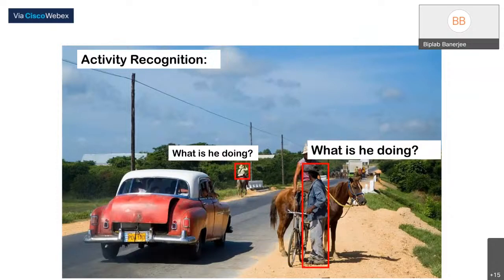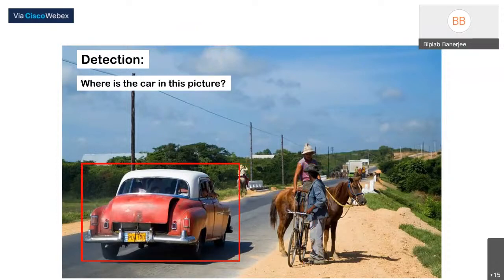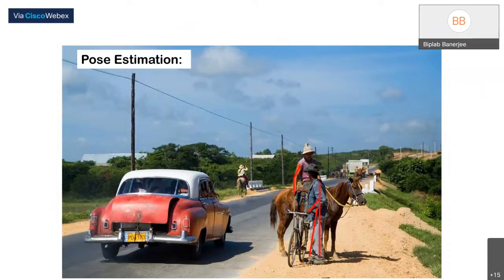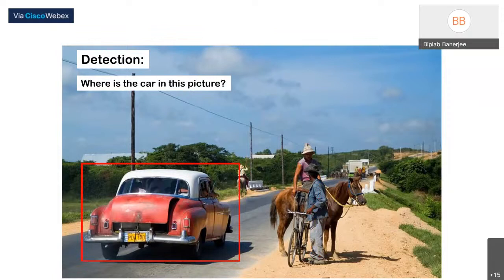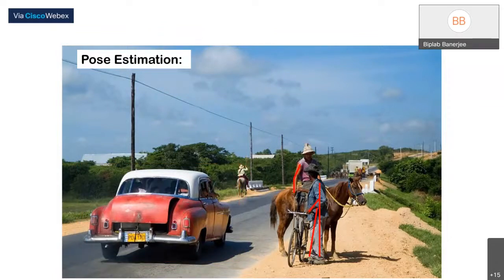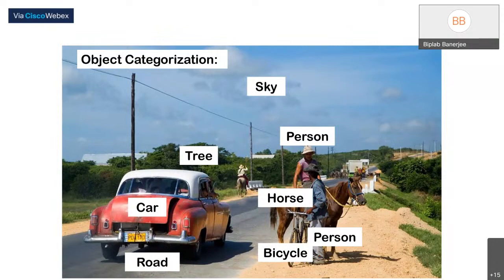For example, when we are doing detection or pose estimation, I know that I need to learn a completely different set of features from the image. So I just cannot use the same ad hoc algorithm for that. And this deep learning model can very well adapt to the different task that you are solving. By task, I mean detection is a task or pose estimation is another task. So based on the task, it can extract the required set of features.